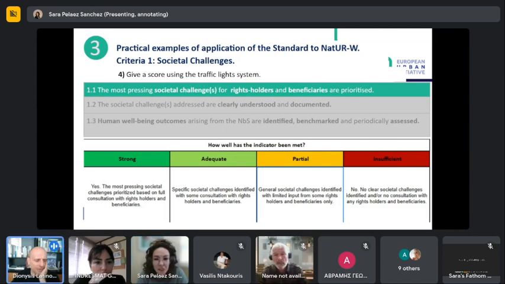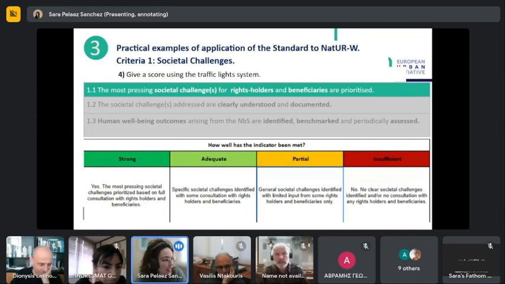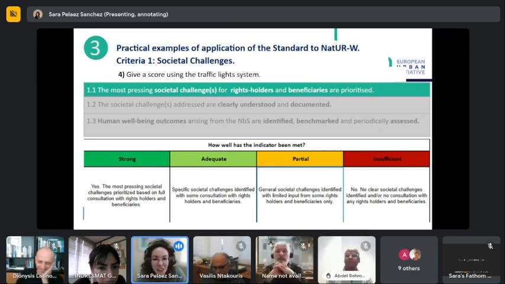Okay. I would not be so conservative. I think that we can place a strong value here. You have done a lot of work on all these issues. I'm not only concerned about the prioritization of these challenges, but regarding all the others, I think that we can give a value of strong here. Why not? Yeah, I like your view, Dionysius. It wasn't perfect, but yeah, we can be nice to ourselves and also rate it as strong. We did a good job.